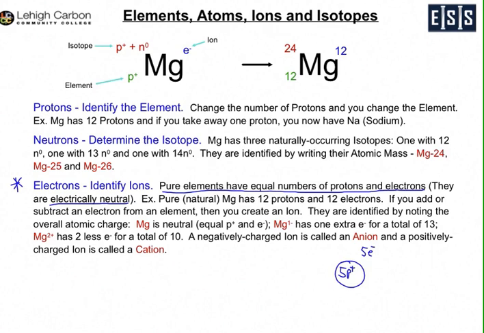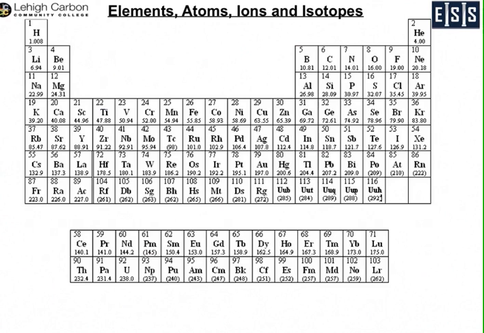So in nature, you'll find things stable and in neutral condition, and so you normally will always have the same number of protons and the same number of electrons so that they're balanced. And so when you look here at the periodic table and we take chromium right here, chromium has 24 protons, so in nature you'll always find it with 24 electrons. So it'll be electrically balanced. Take any other magnesium, it's going to have 12 electrons. So you look at the protons, and that tells you how many electrons you have. Naturally in nature, you'll get a nice balanced